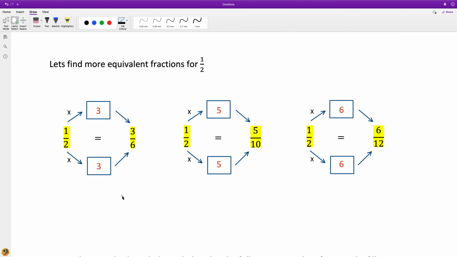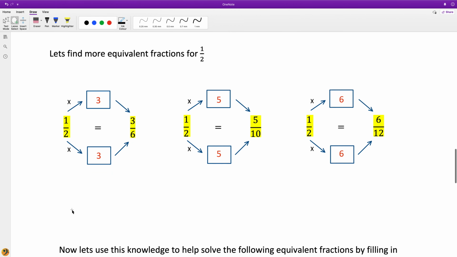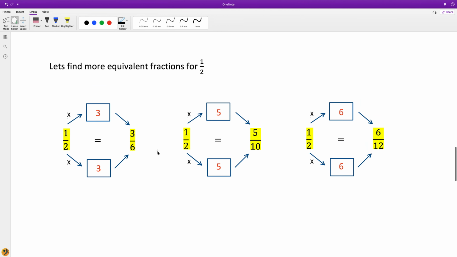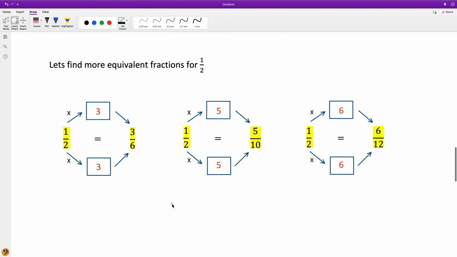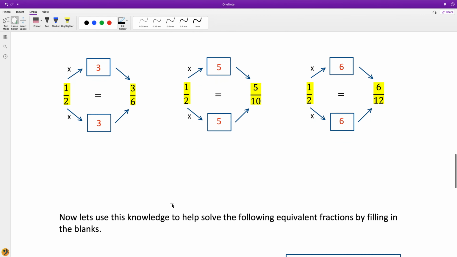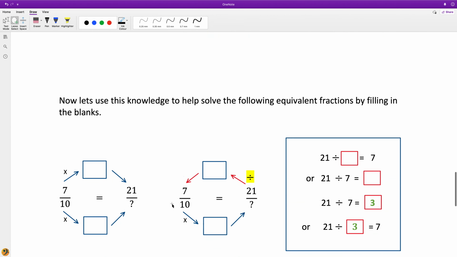All right, so hopefully that makes sense for you guys and keeps it pretty simple, and will help you to work out what an equivalent fraction might be for the fraction that you're given at the start. So if we use that knowledge now of how we convert and create equivalent fractions, simply by multiplying the numerators and denominators by the same number or the same factor, then if we take that one step further and have a look at this problem here,